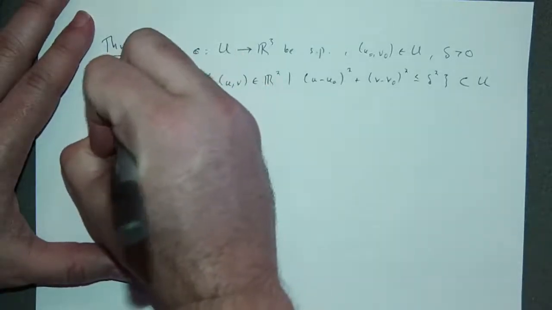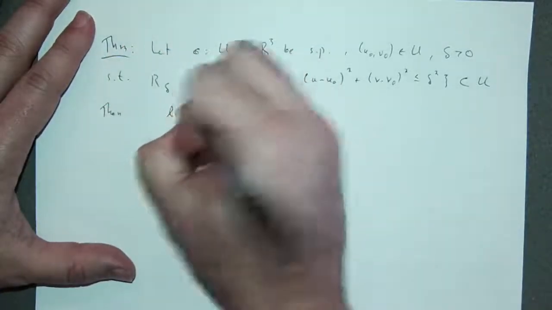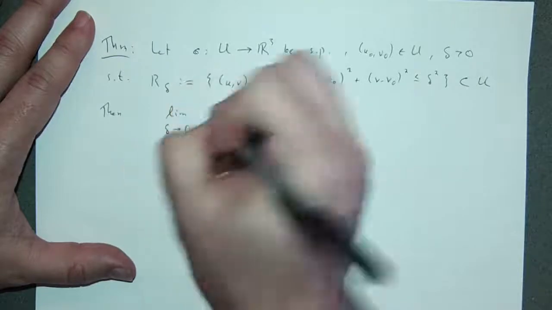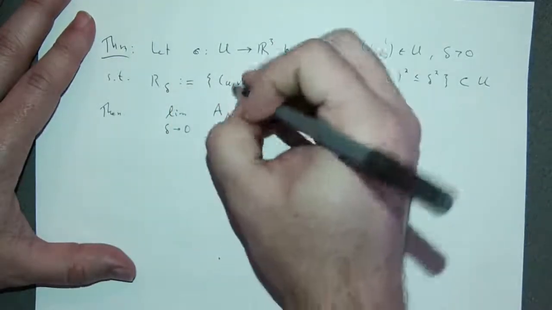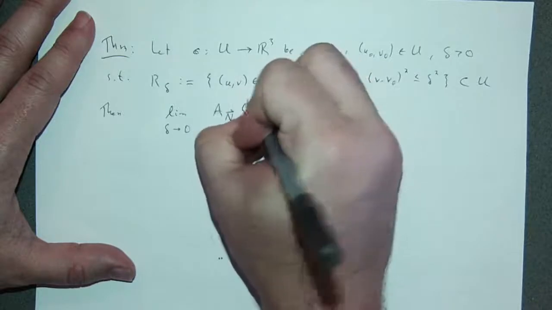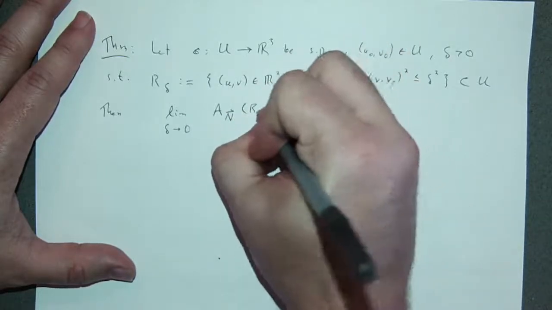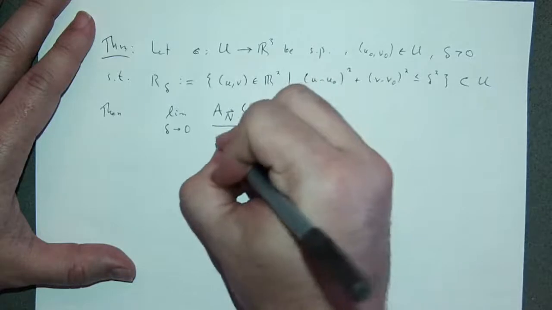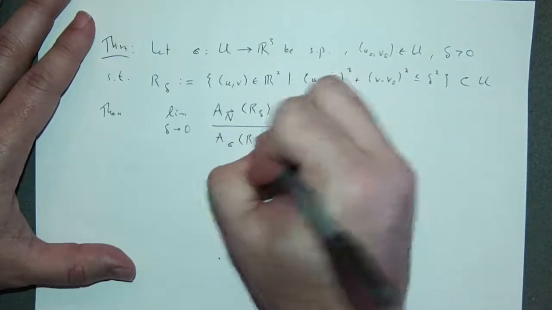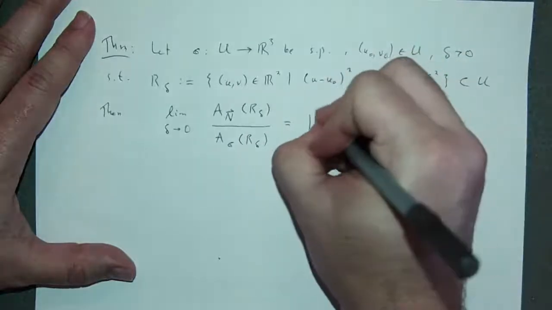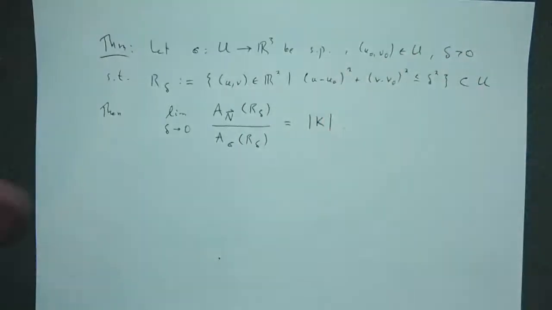Okay, then the limit as delta goes to 0 of A sub n of R sub delta divided by A sub sigma of R sub delta is equal to the absolute value of the Gaussian curvature,